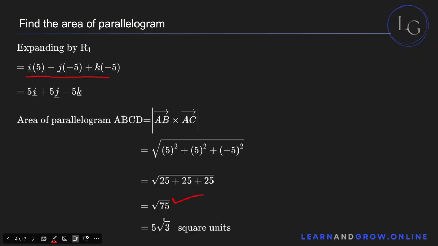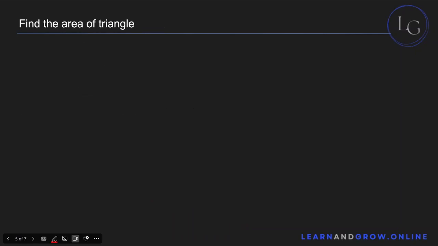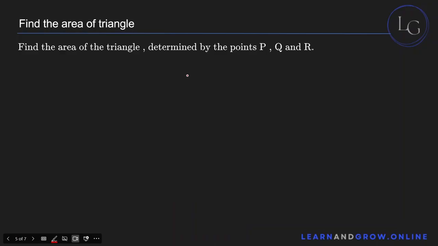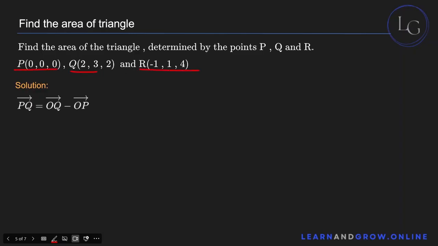Or basically 5 into under root 3 square units, because we do not know the units. They're not given to us. Now, let's find the area of a triangle. So, the points P, Q, and R make a triangle. Now, as you know, the area of a triangle